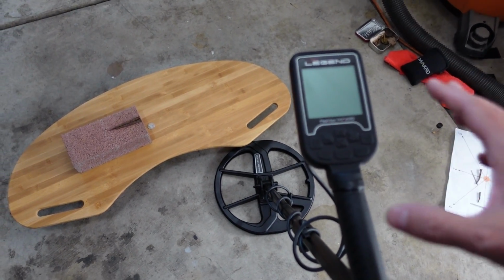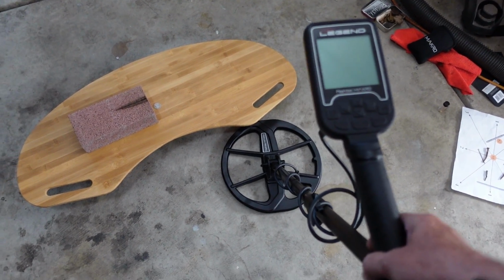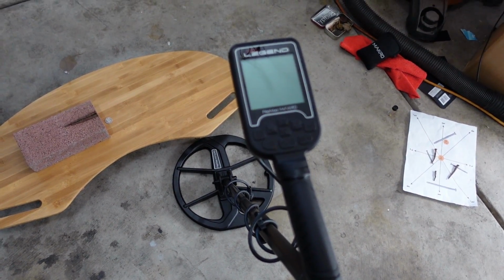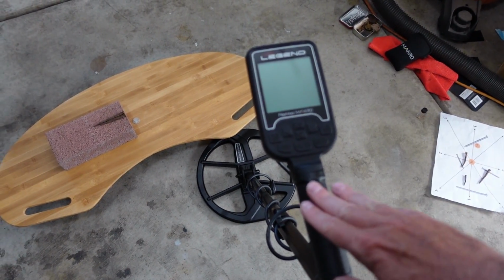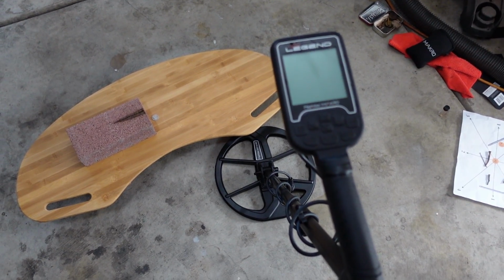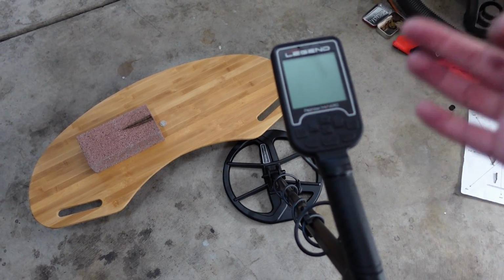I'm not pooping on it. I love the Equinox. I love the CTX 3030. I think they're fantastic detectors, but let's be honest, you're never breaking these coil ears. This is probably going to withstand multiple dunkings, and time will tell, of course. I can't see the future, but great detector. Fantastic for the price. I think it takes the crown from the Simplex for best price to performance. I really do. I think if you're ready to step up into the multi-frequency range and you're a Simplex owner,